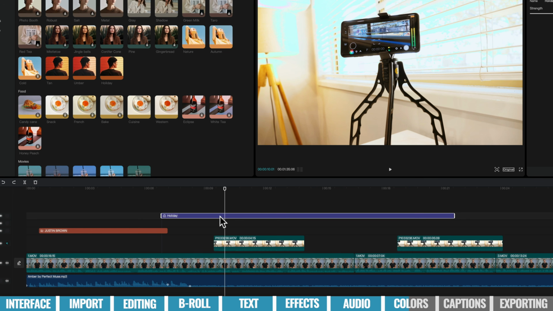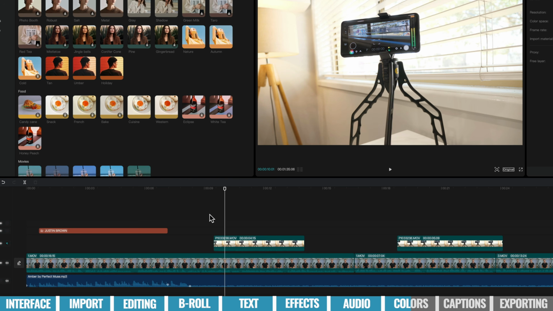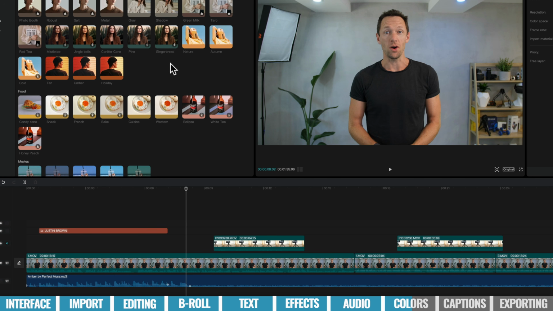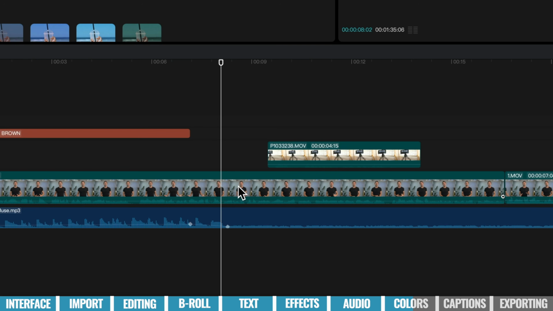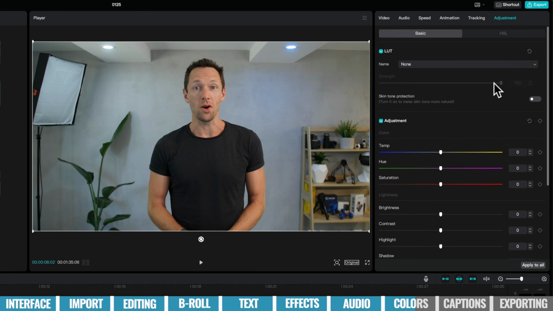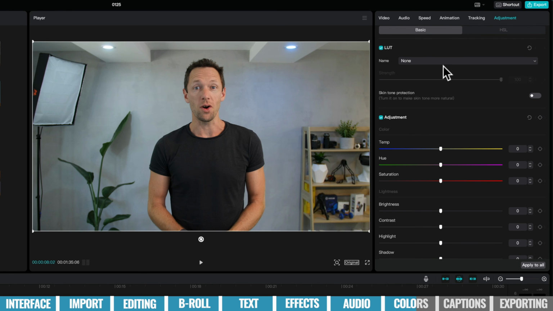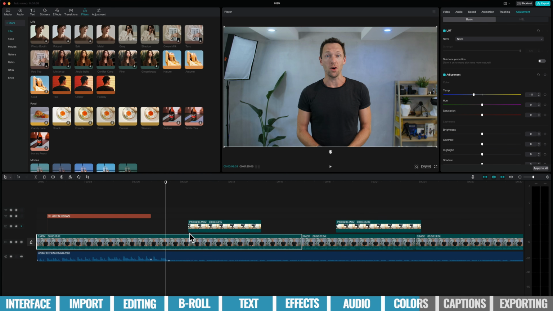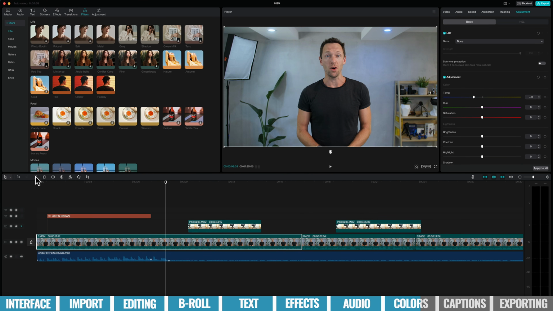But again, we're not just limited to these filters. If I select on this and press delete, so we're gonna remove it, we can actually create our own effects or make minor adjustments, either by clicking on an individual clip and coming up to adjustments. And we've got a bunch of tools in here and lookup tables that we can apply to our video to dial in the look and feel that we're after. So we can either do it here on a clip by clip basis, or if I undo this now,